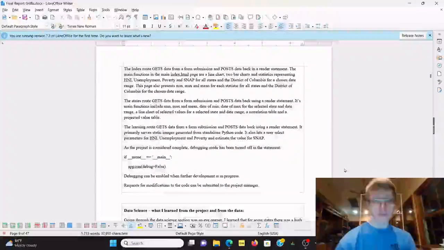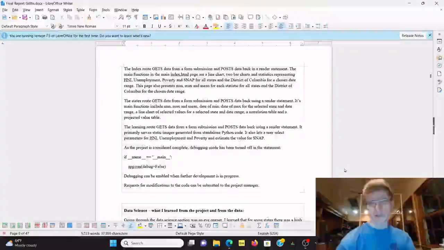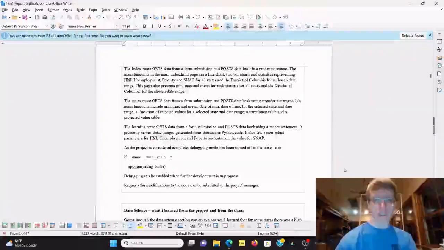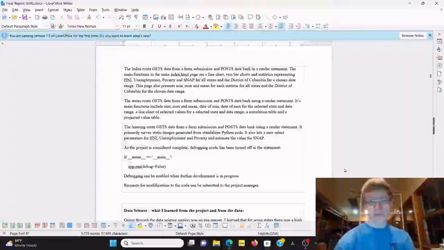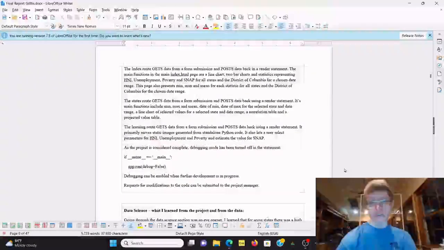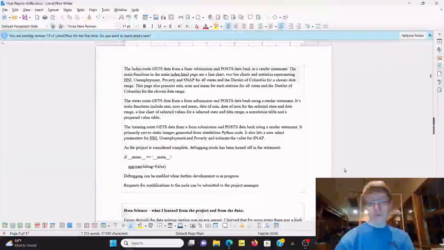And let's see, the learning route gets data from a form submission, the states route gets data from a form submission, post data back using a render statement. Main functions for the state route is largely similar to the previous one. However, it focuses on a particular state instead of the entire US. The learning part primarily serves static images generated from standalone Python code, and also lets users select parameters for the three different values